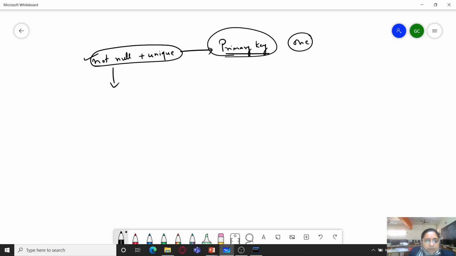which should not have repeated or duplicate values, like roll number, Aadhaar number, social security number, which is usually a type of unique code provided to citizens of many countries like the US. And then we also have the driving license number.